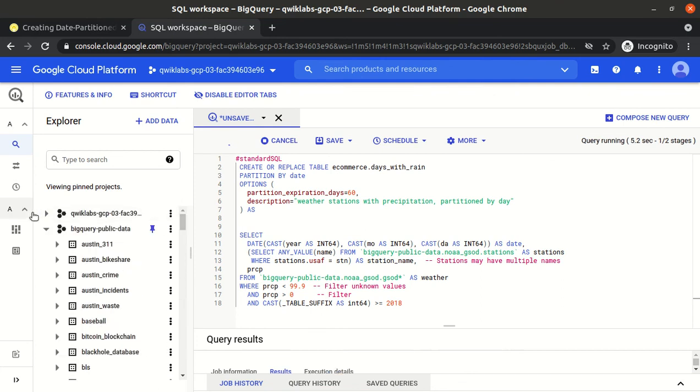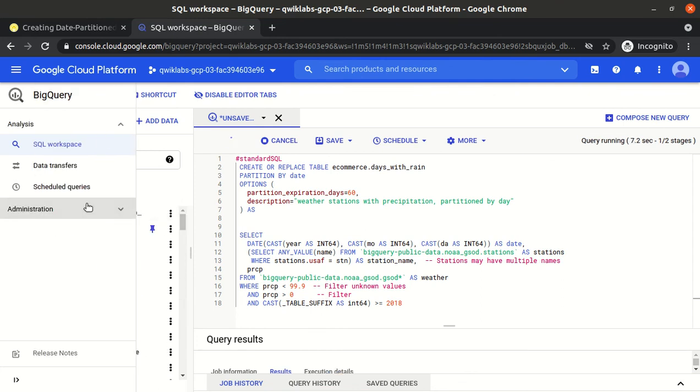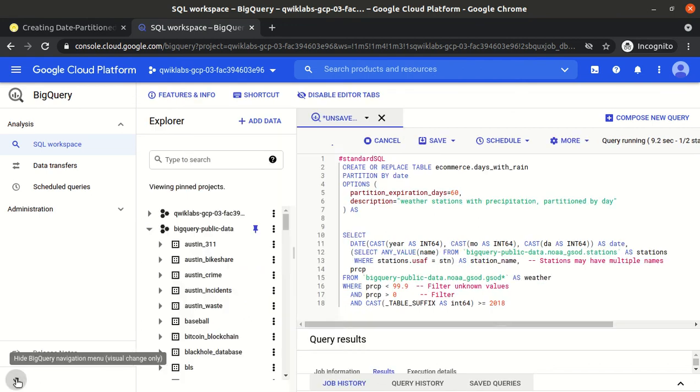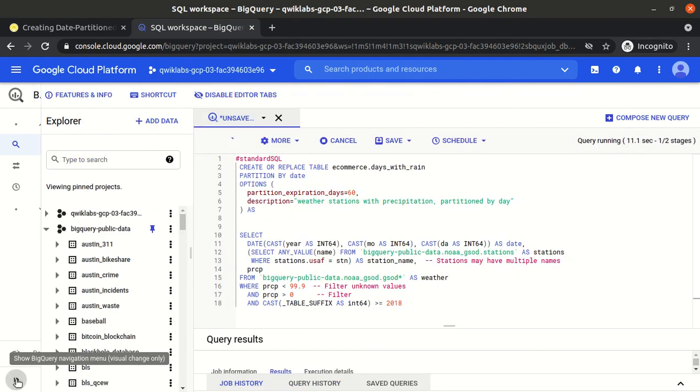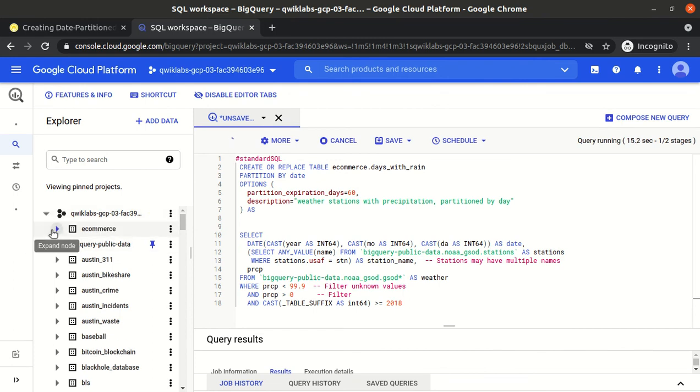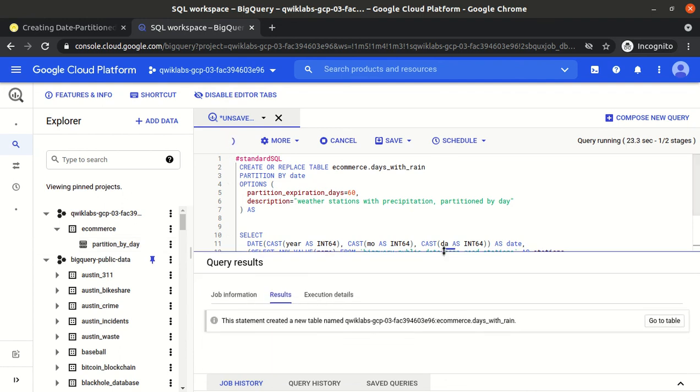This will create a table under the e-commerce dataset. Till now we have only partition by day, so it will create one more table, that is days with rain.